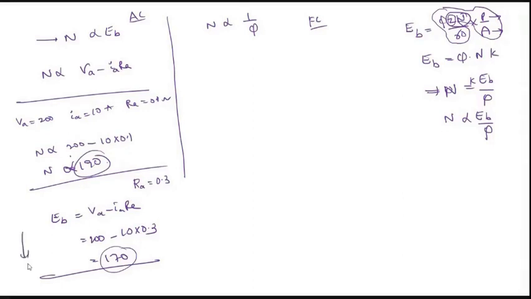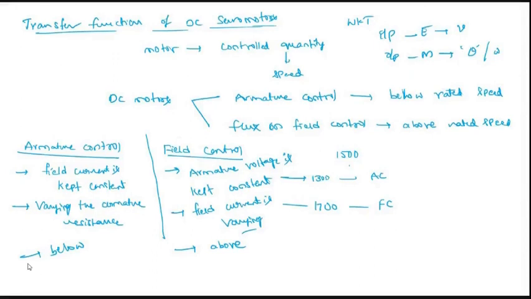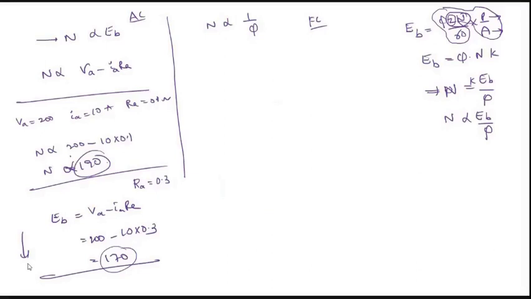So whatever Sandeep explained, he explained this analysis. This is also a good answer. This is practical analysis. He explained the practical analysis, but whatever I explained is the theoretical. Field current is kept constant. By varying the armature resistance, we get the speed. But in the practical, this is the thing. This is the proof for the armature control. My conclusion is that by adding armature resistance to the system, the back EMF will be reduced. Already I proved previously 190, now it's 170. If you increase to 0.5, obviously it will go to 150. So if adding resistance reduces the back EMF, ultimately the speed is reduced.